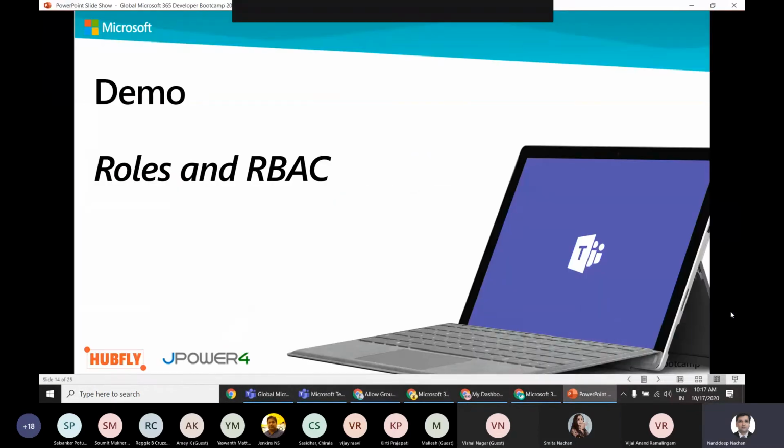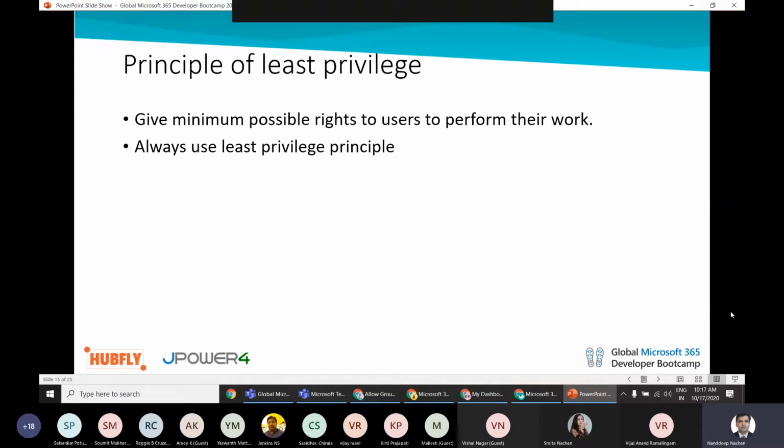Yeah, okay. So next thing is, what is meant by the principle of least privilege? The principle of least privilege means we should give the minimum possible rights to the user so that they can perform their task. So let's say, for example, you have been tasked with giving SharePoint administrator rights to the user. In that case, even if you give the global administrator rights to the user, he will have SharePoint administrator rights, and then he will be able to perform the SharePoint related activities, mostly related to the admin